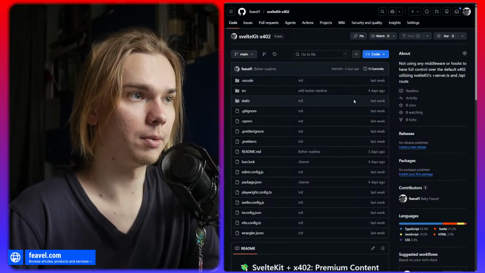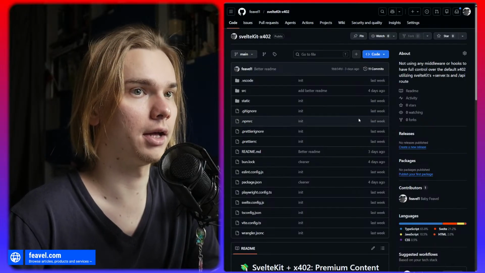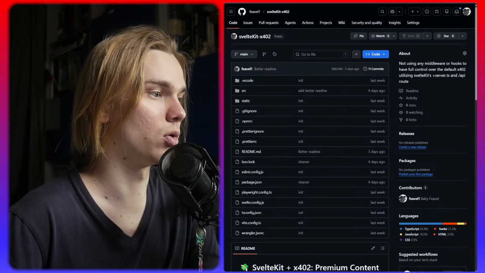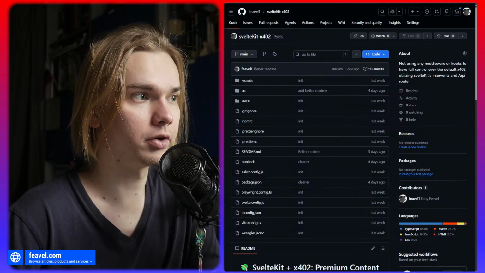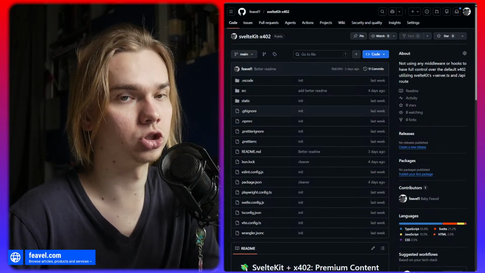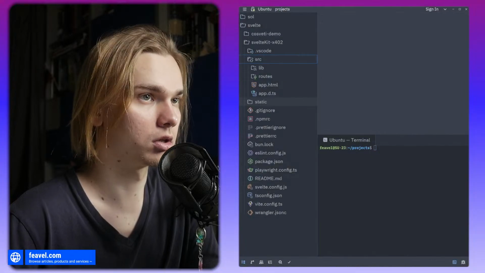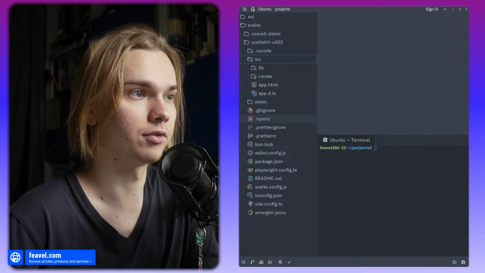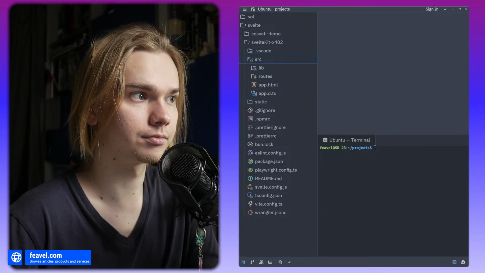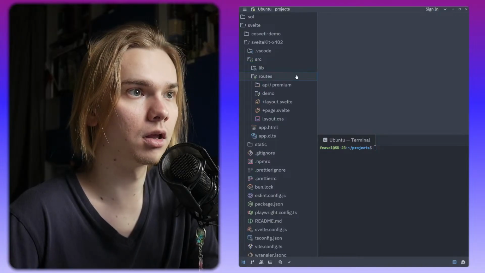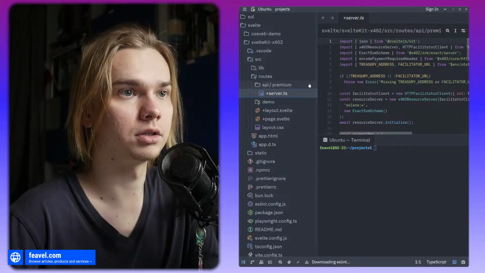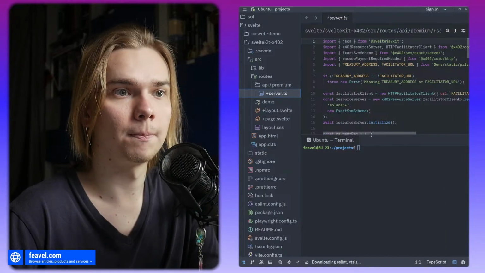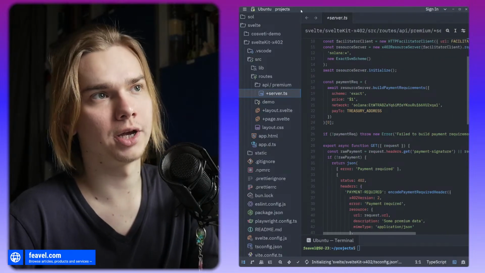So here is the repo, which you can download and check out, and let me quickly walk over what I have done. The main files are this API route, which has